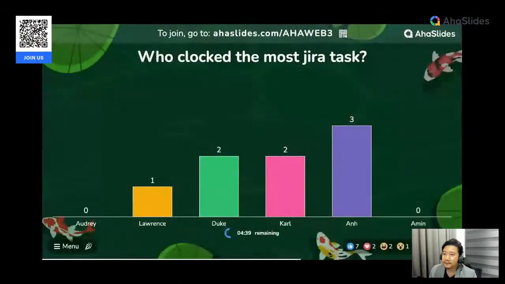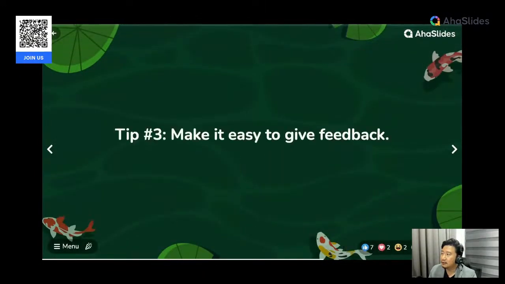All right. So moving on, the last thing you want to do for team engagement, well, actually not the last thing, sorry. Team engagement, let me repeat, is huge. There's a lot of nuances. What I've done is just to compile 3 great tips that are easy to start and easy to use with AhaSlides. So these 3 tips, you can quickly take, and from next week onwards, on Monday, you can start going. And tip number 3 I find very useful.